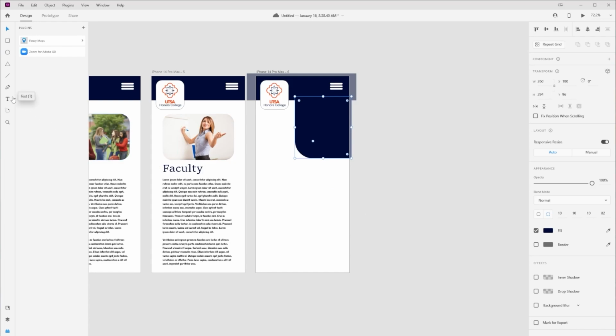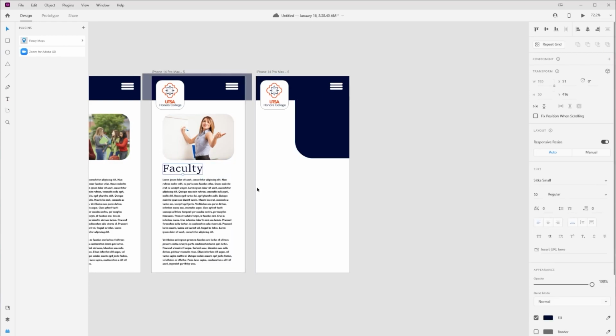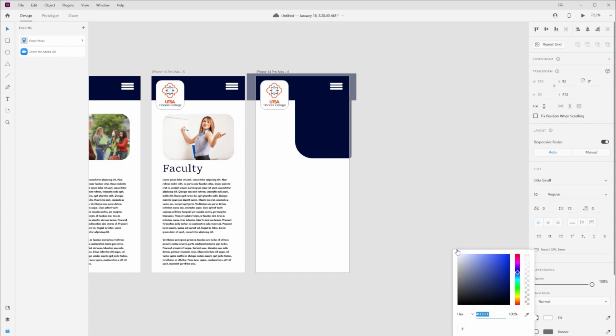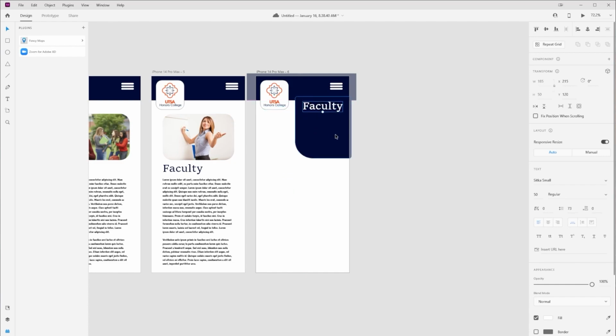Let's check out something else that's really neat using a trick we learned earlier. I'm going to go to the text tool, and actually I'm not even going to go to the text tool. I'm just going to take this faculty here, copy paste, Control C, Control V, Command C, Command V if you are on a Mac. I'm going to change that color to white. And the reason I just did a copy and paste is because I know that font is going to match up with the fonts in my pieces. Now, is this the best font for a menu? Probably not. But again, for sake of demo, it's going to work. All right, and we have faculty there.